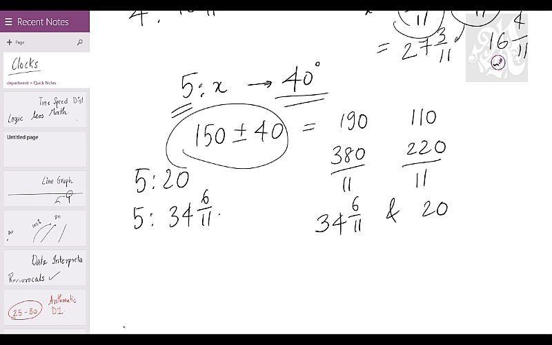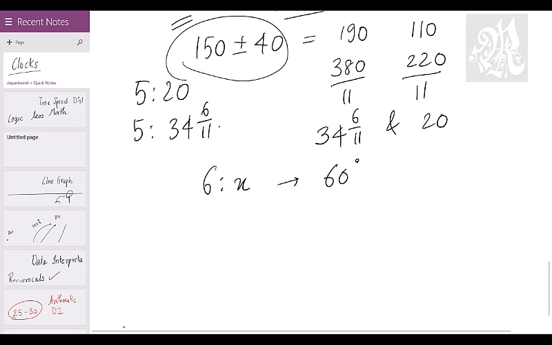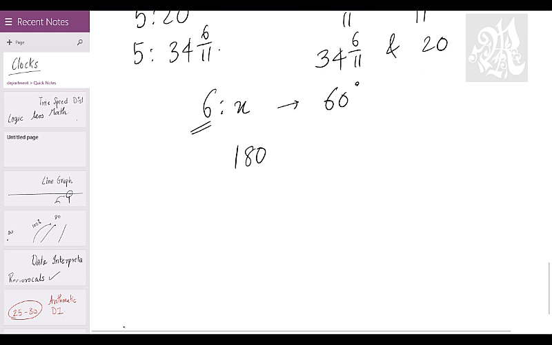Clear? For practice, please try this. At what time between 6 and 7 is the angle 60 degrees? You will try this. Start. First, what do you do? Initial angle. What is the initial angle at 6 o'clock? 180. Then what do you do with this? Add, subtract 60. What do you get? 240 and 120.